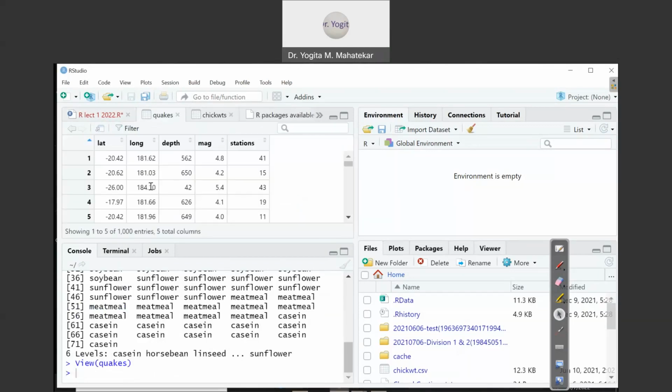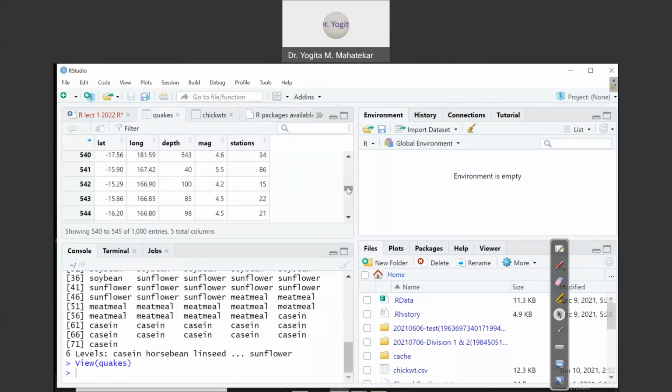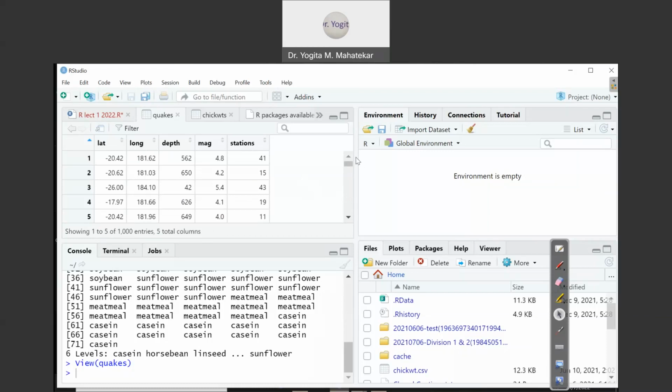So when I press Control Enter, now you can see it shows latitude, longitude, depth, and so on, where the earthquakes are happening. So basically a spot on the earth where the earthquakes are happening, that particular spot is actually a two-dimensional spot, because unless and until they provide you latitude and longitude, you cannot identify a spot on the earth. So latitude and longitude, these are the main variables to represent a spot where the earthquakes are happening. So this much recorded information is available to us.